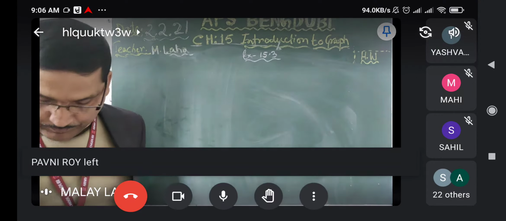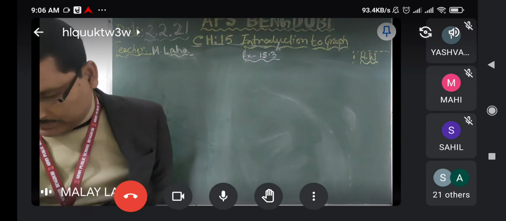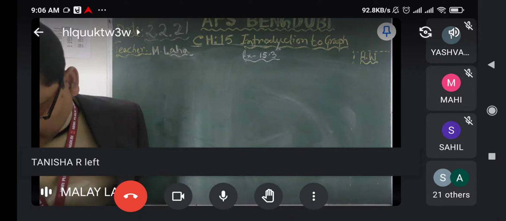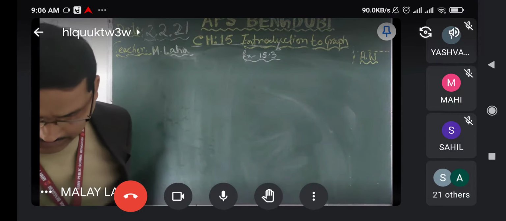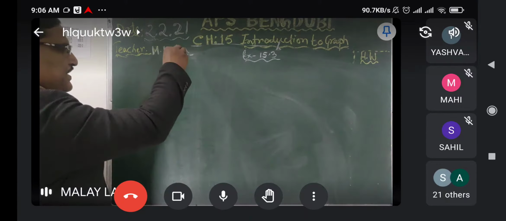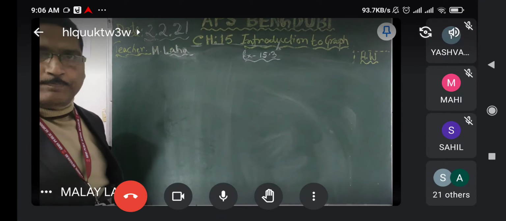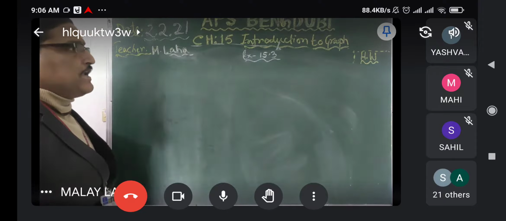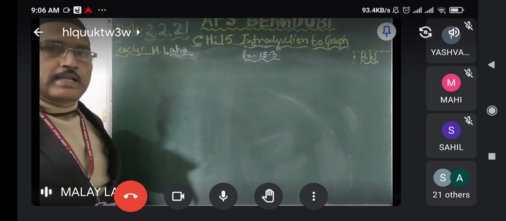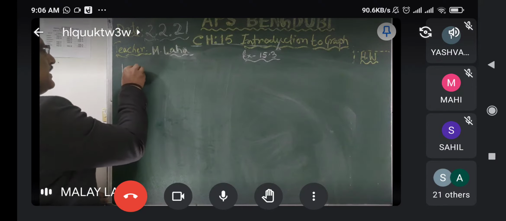In the first question, draw the graph of the following tables, with values and suitable scales on the axes: cost price of apples and number of apples. The cost price, that is the vertical line, should always be the values, and the horizontal line should be the items or events. You have to show the scale suitably, depending on the vertical line. See question number 1, part A.